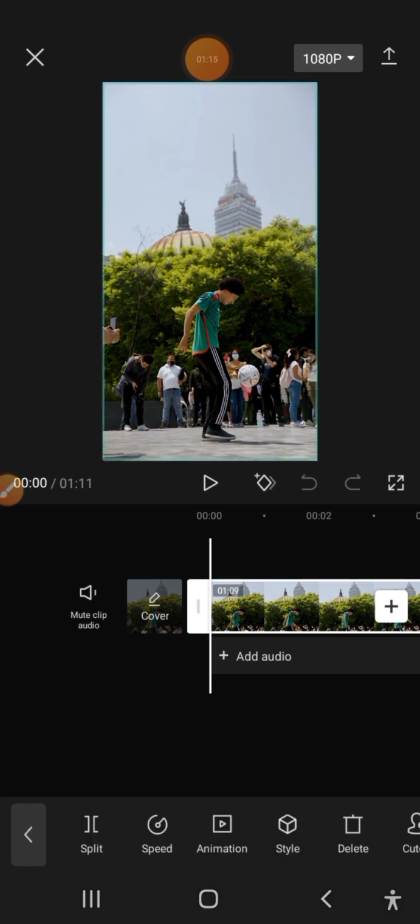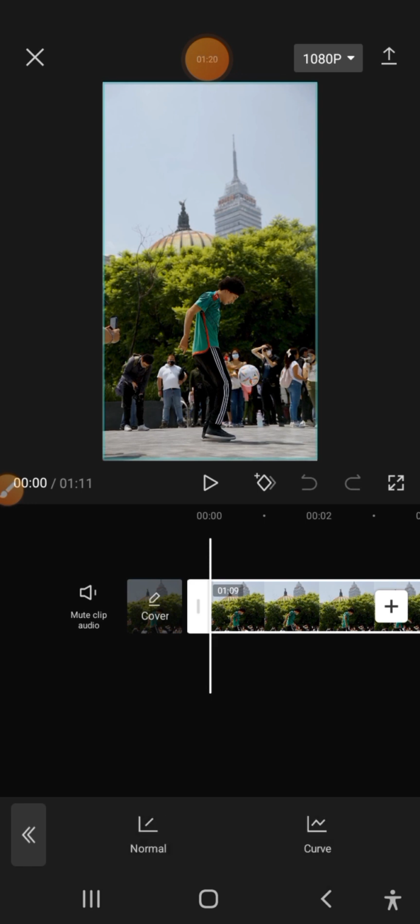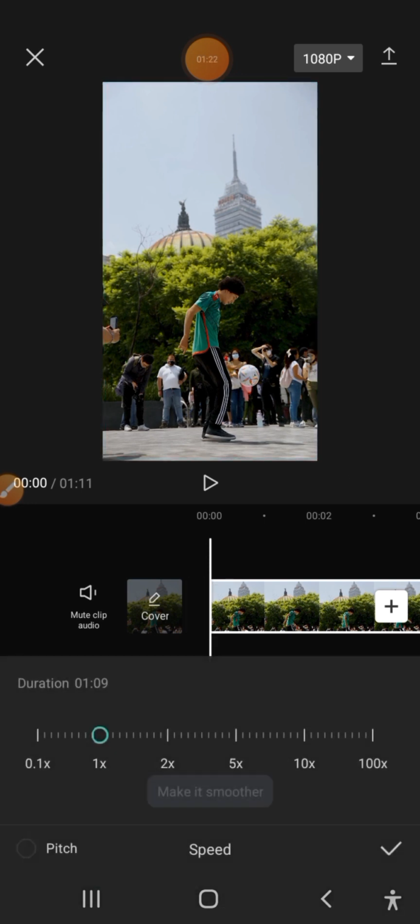So I'm going to highlight my video and I'm going to move direct to speed. In the speed I'm going to choose the speed I want, because I want this to play very fast, or play fast at least. Let's just be normal. I'm going to increase it to 2x. Now 2x is going to be this,